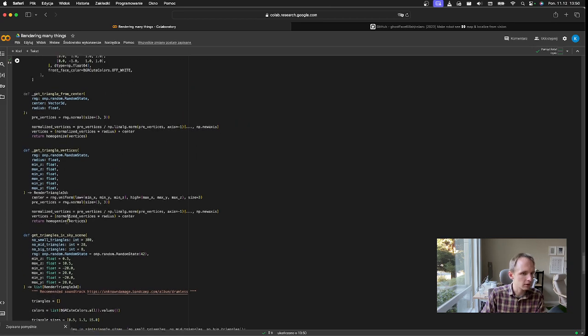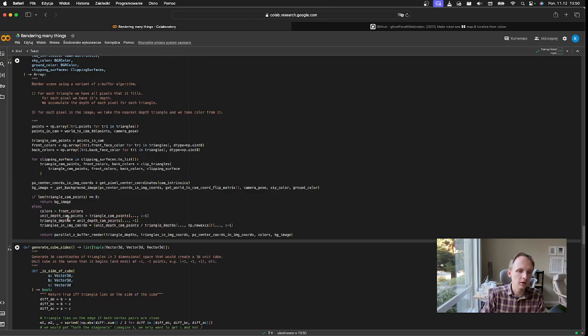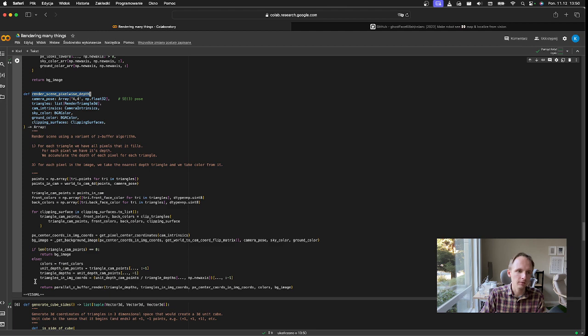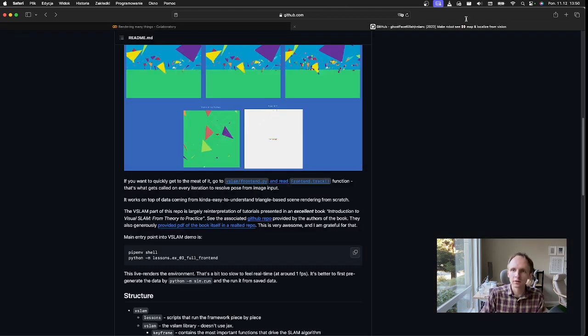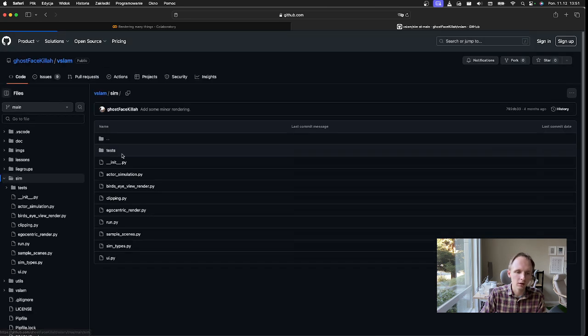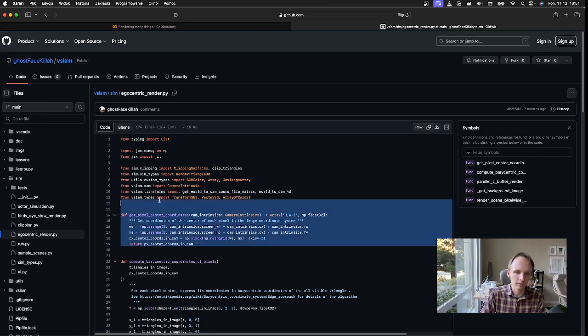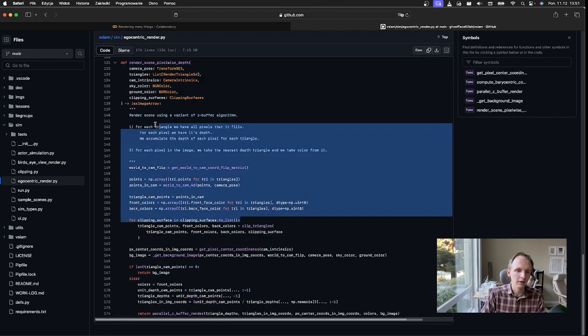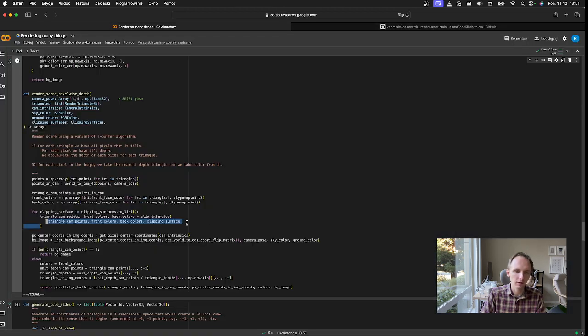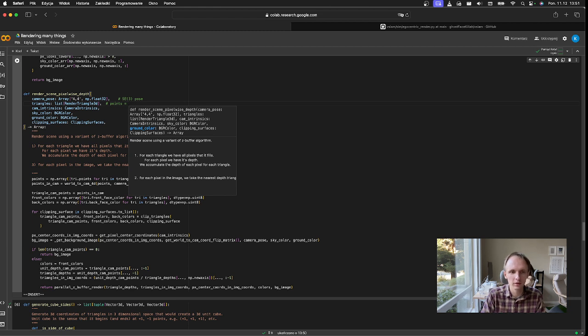So okay, here's a bunch of code that defines scenes. This is the main function, render scene pixel-wise depth. And in the repo, that's sim egocentric render. That's the entry point, render scene pixel-wise depth. All right, so we take camera pose, it's SC3 pose, then triangles. This is a structured object, so it has points, which are the coordinates of the 3 points that define the triangle,